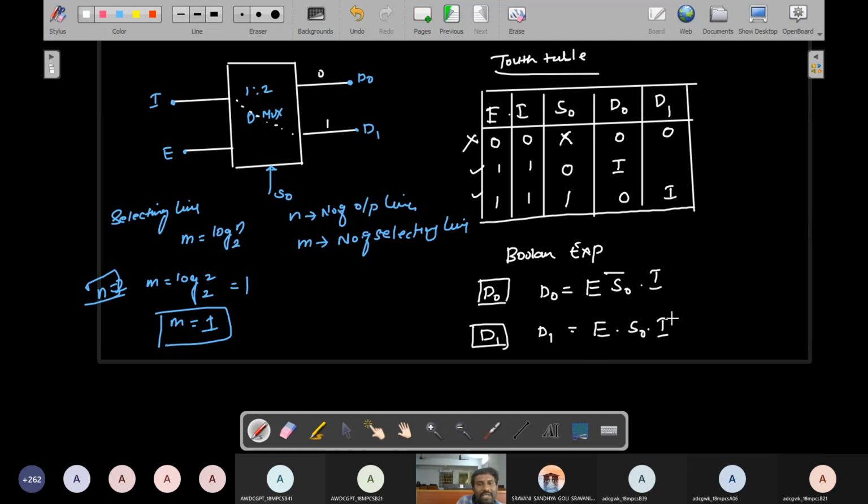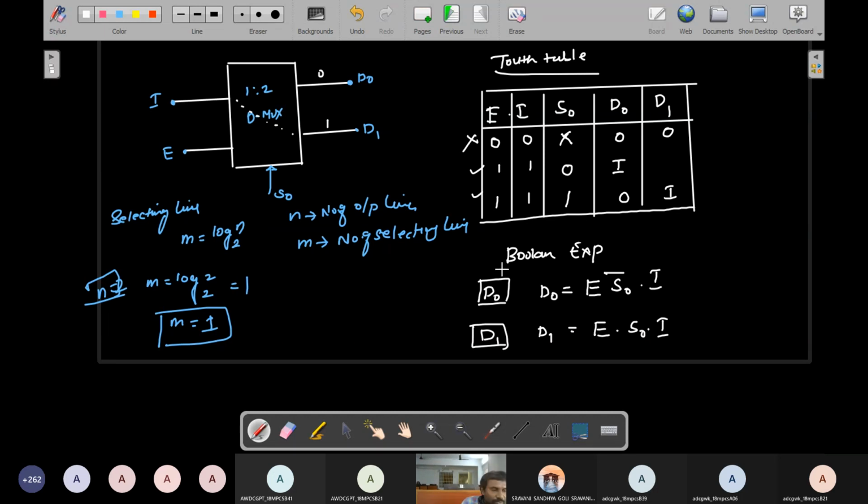So don't use addition, because in a multiplexer we add the outputs to get the final output, but in demultiplexers we do not add directly. We represent each one of the terminals, because these are output terminals. Output terminals are never added. It is a single input, then you will add all these things. This is not a single input, these are multiple outputs, so that's why we are not adding. So please note everybody.